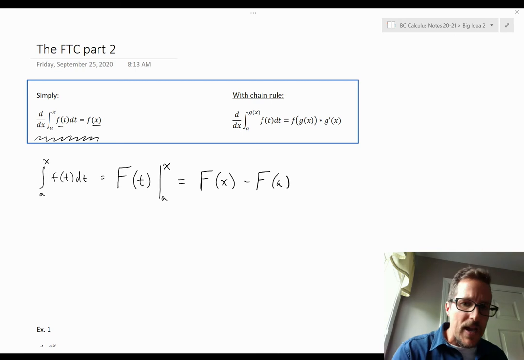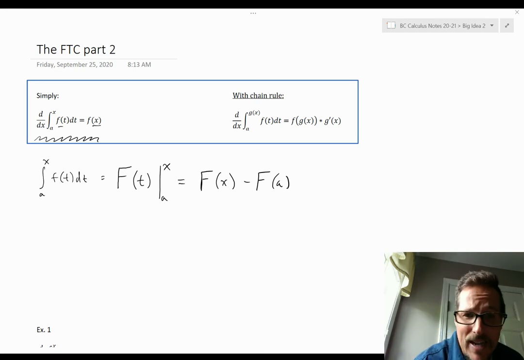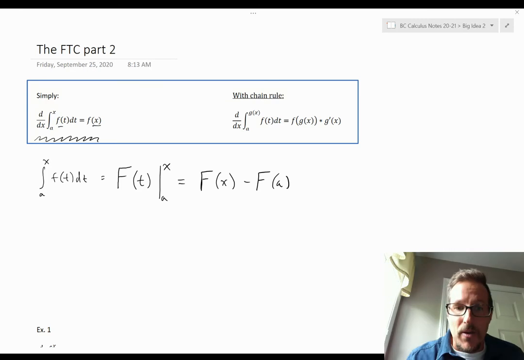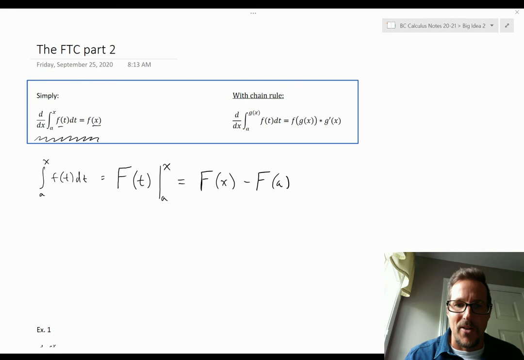Sometimes I can do that. Sometimes I can't. Sometimes I forget what the antiderivative rules are. Sometimes I just am lost. All right. But if I use this idea of cap F, it's just this idea of the antiderivative. So let's not get too caught up right now in finding that antiderivative F. Let's think about where we're going with it. Okay. So we're saying that